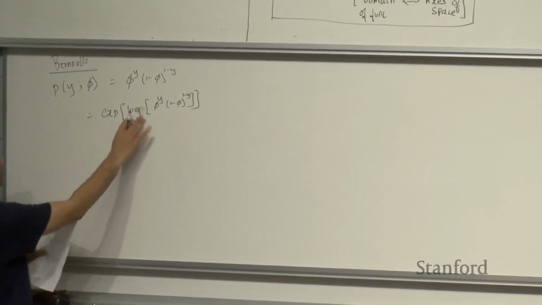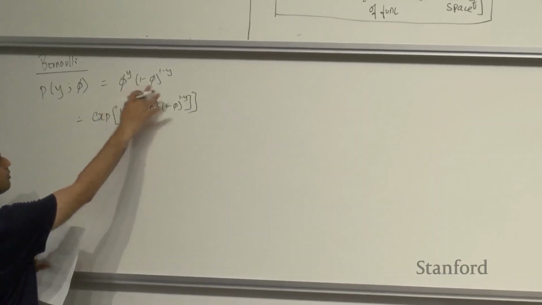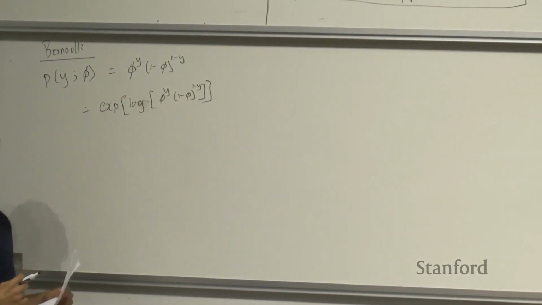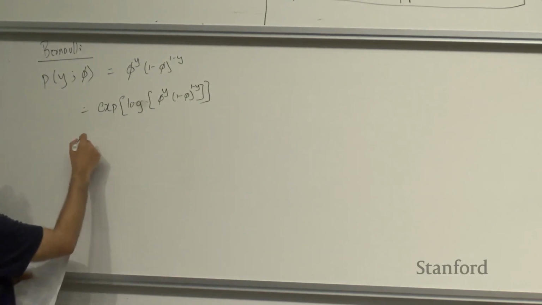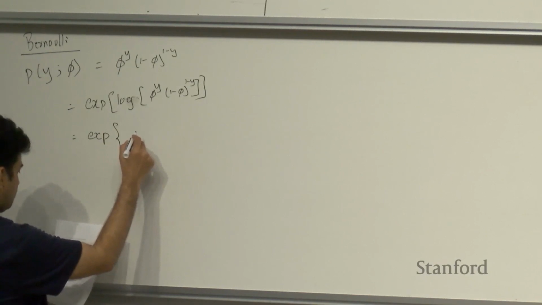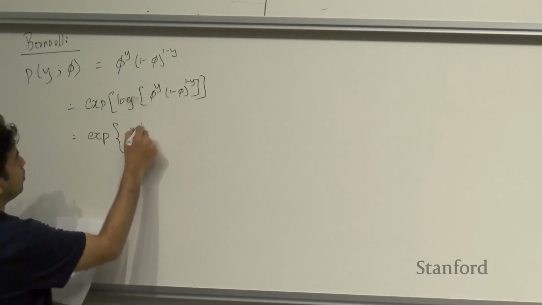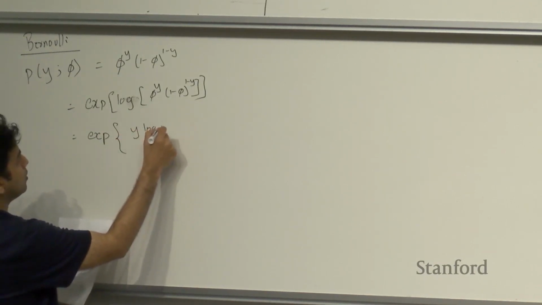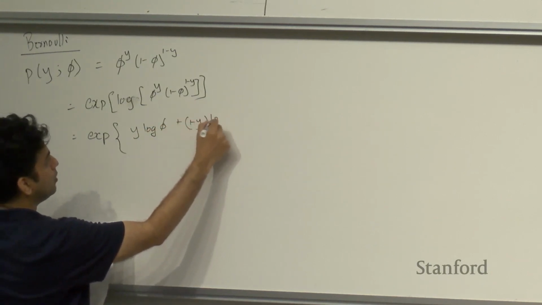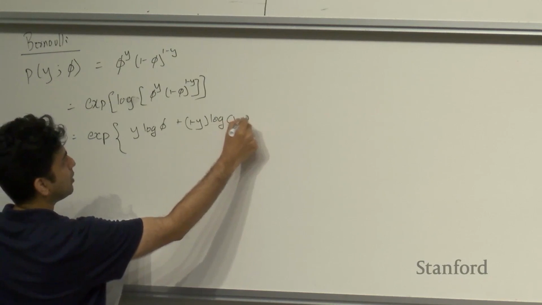And the reason why we can take the log is because this is positive and this is positive, so you can take the log and then take the exponent again, right? And now we can rewrite this as exponent of y log phi plus 1 minus y log 1 minus phi,